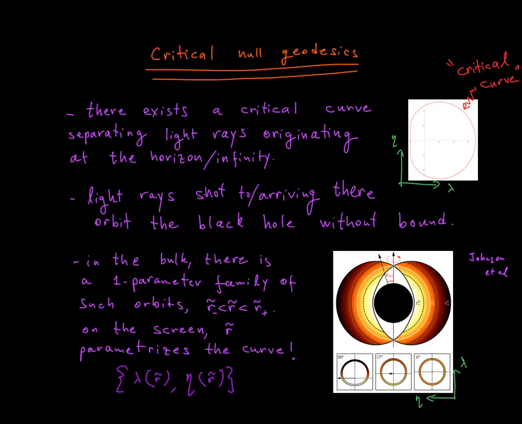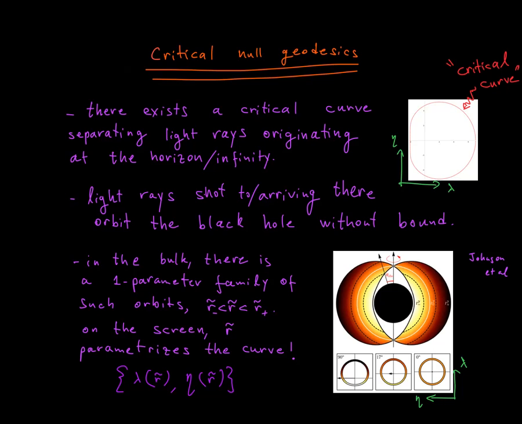You can think about this also in the inverse way. If I shoot geodesics from the telescope back towards the black hole, where would they end up? Would they end up at infinity or fall into the black hole? It's just inverting time. And it's the same critical curve in both cases. And this critical curve exactly separates the sky into 2 regions: the geodesics that fall out, and the geodesics that fall in.